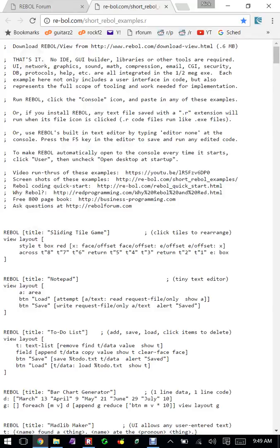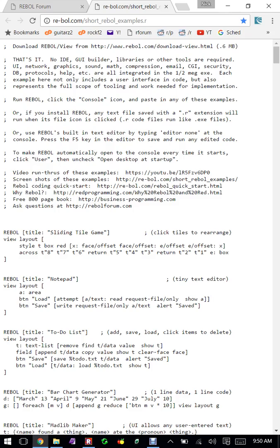And before we get started, I just want to really quickly go through the point of Rebol. Rebol was made to be the most productive, lightest weight, and simplest to use development tool. It was made nearly 20 years ago, and it's still a dramatic example of productive development tooling. Everything that you need comes in that little half meg download. You don't need to have an IDE, you don't need to have a GUI builder or libraries or any other heavy tooling. Everything you need as far as libraries is included and all integrated into the little tiny half meg